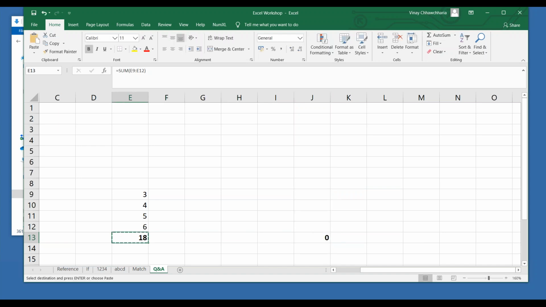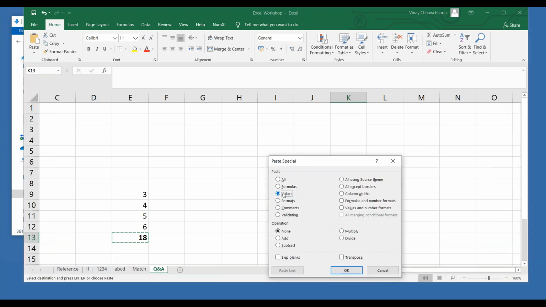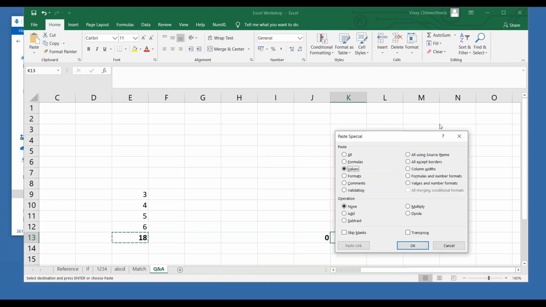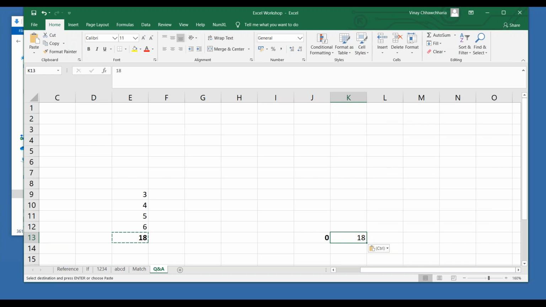But let's say if you want to copy the 18 value of it, then I have to come here. Instead of Control V, I have to do paste special, which is Alt E S V for values. I will just put something on the chat box so that it will help you. So if I do this, it will give you the 18. So you are differentiating between the formula and the value. So this is paste special value.